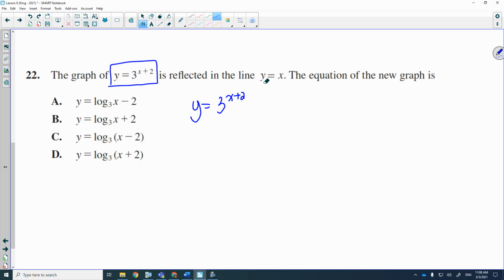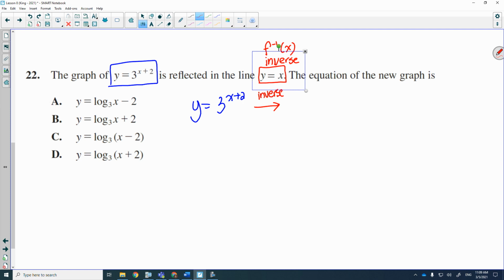If something's reflected in the line y is equal to x, it's an inverse. Whenever you see this, inverse. Or remember if you saw f inverse of x, that's going to be inverse. So if I said what's the inverse,